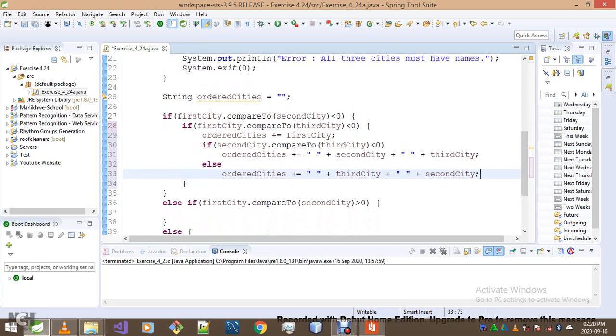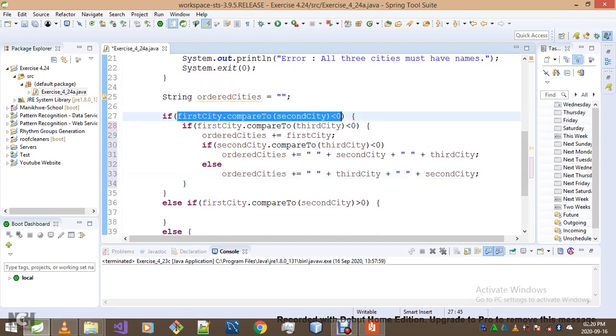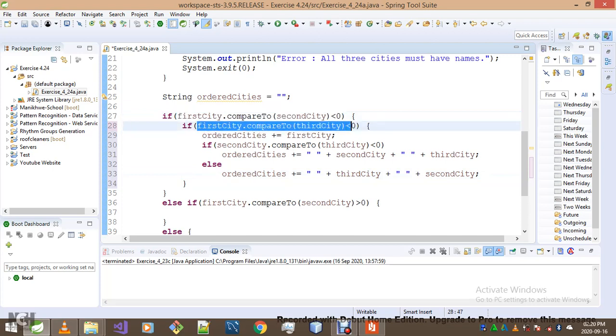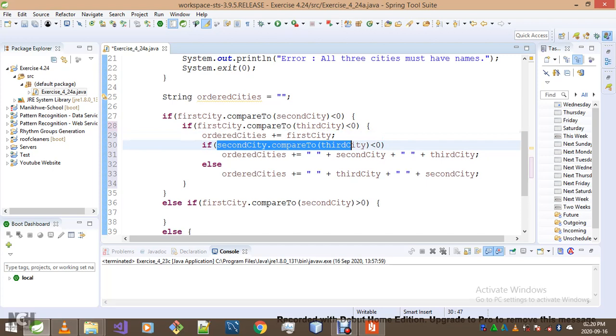So we're basically saying, given that our first city is less than our second city, and our first city is also less than our third city, immediately we know that first city is going to be our first city on our ordered cities variable. The next question will then be, which one is less than the other between second city and third city? And if second city happens to be less than third city, immediately we'll know that second city will be in the second position on our